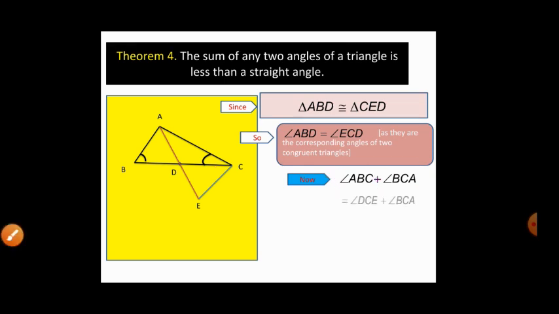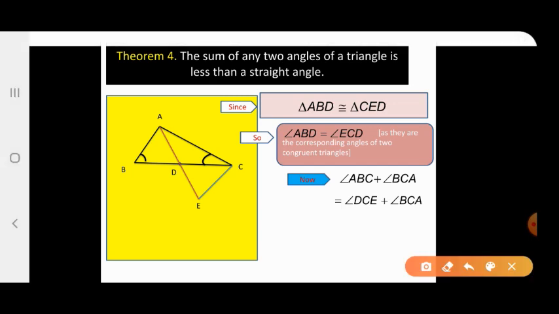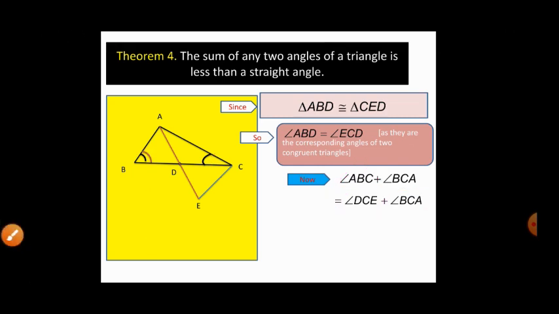So this sum equal to angle ECD plus angle BCA, because these two angles are the same. They are the corresponding angles of two congruent triangles. Now this sum is equal to this angle, so equal to angle ECA, and here